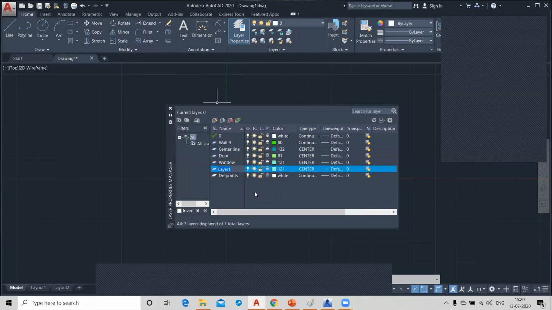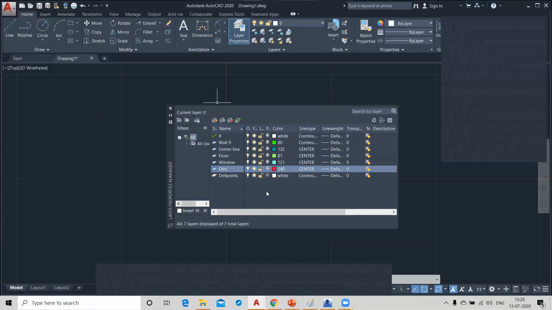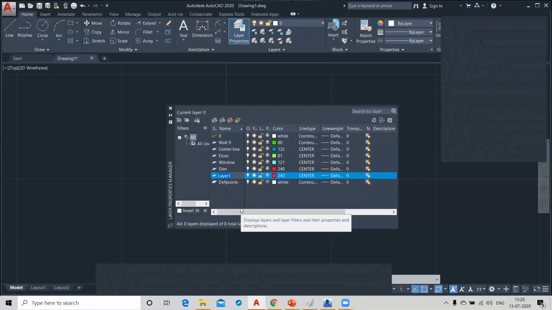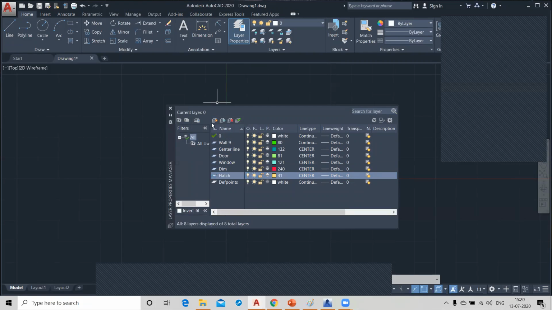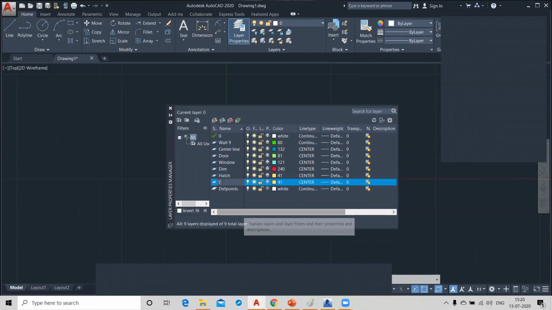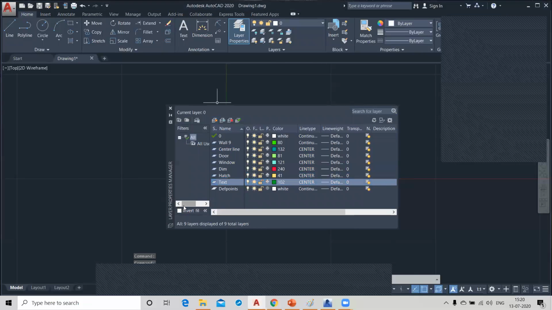And again, dimension, choose the red color for the dimensions, and again new hatch part, and provide the hatch color as this, right? And text, for text you choose this dark green color, right?